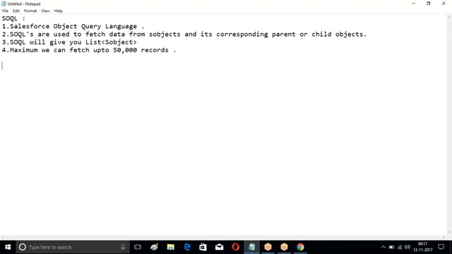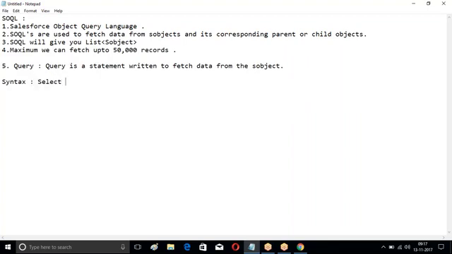Right. Next, we are going to use a query. What is a query? A query is a statement written to fetch the data. So, the basic syntax: select fields from its object. When you say select fields from its object,